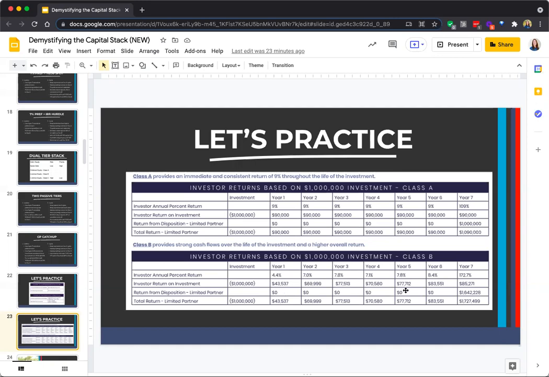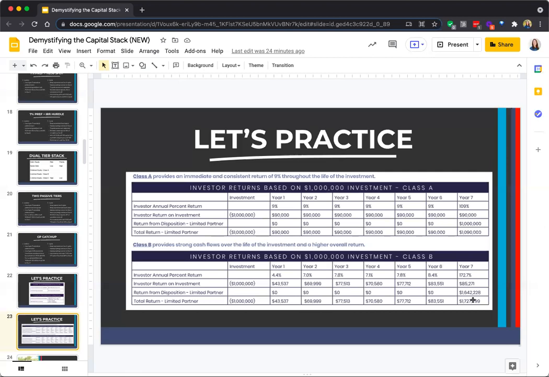Here in this particular structure, we're just looking to hold the property for 7 years, no particular refinance here. We generally don't underwrite refinances in any of our numbers. We just don't want to be beholden to have to do it in that year. We want to make sure the market conditions are right. But anyways, there is a gain upon sale of the property.